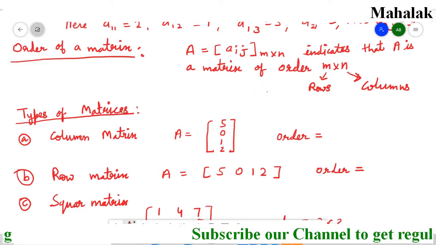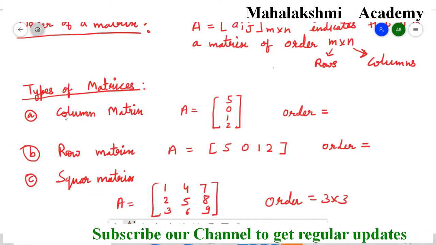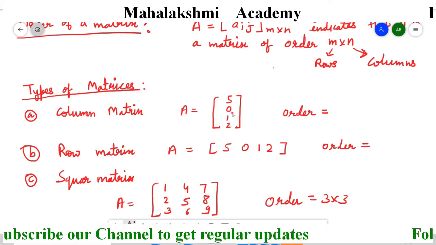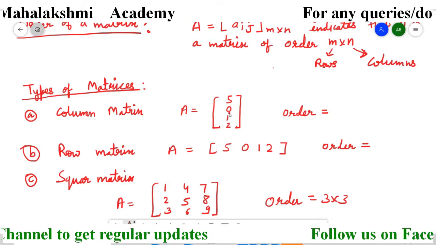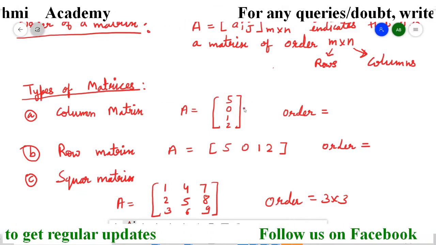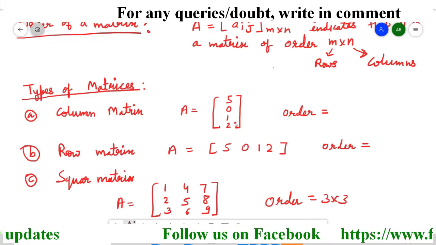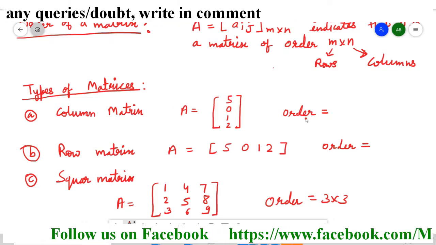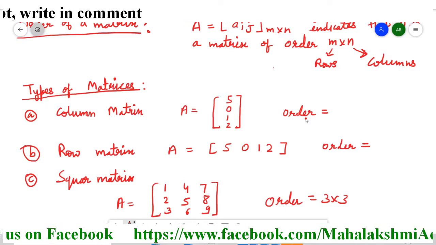Here now we are going to have types of matrices. First type is column matrix. Column matrix means in which only one column is there. So students, here column is only one, and how many rows are there? Just count. First row, second row, third row and fourth row. So 4 rows and 1 column. If somebody tells you to write its order, then first we have to write down the rows.